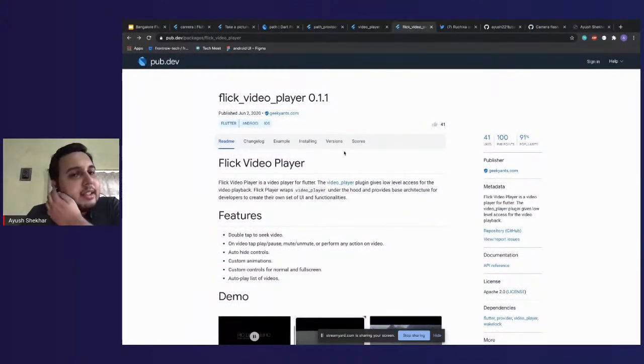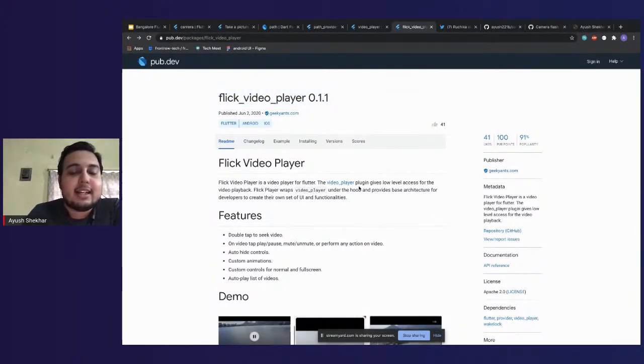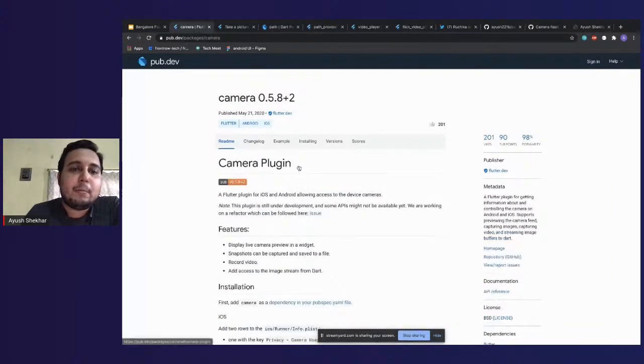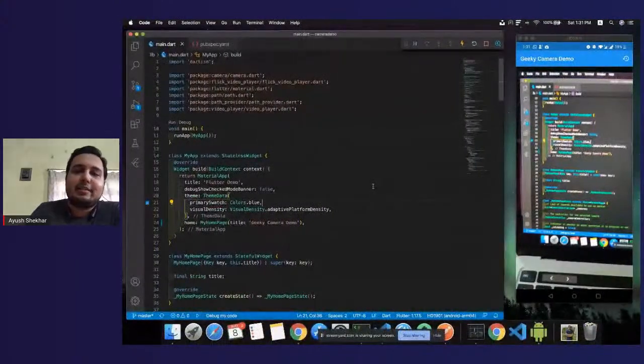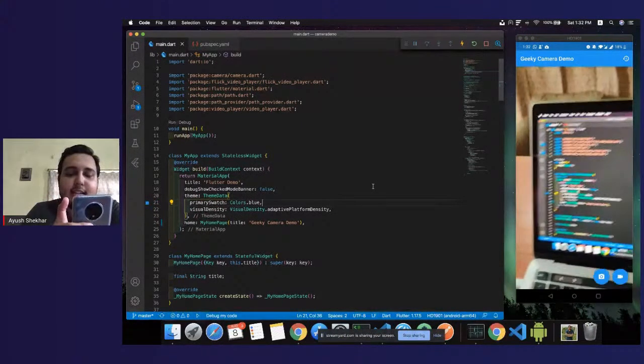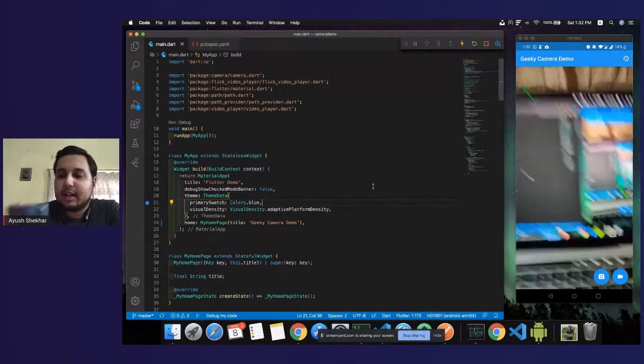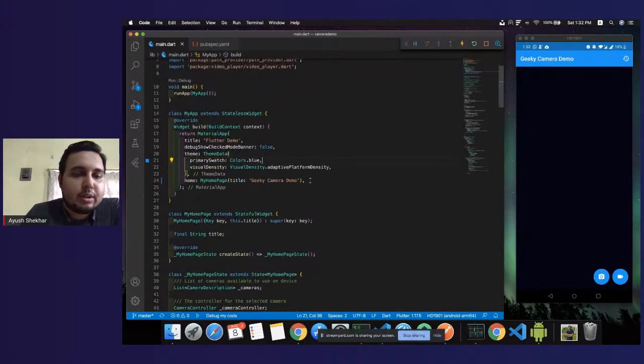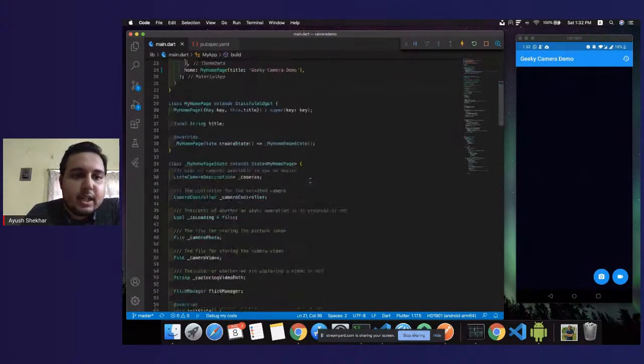So we'll be doing the video playback using this Flick Video Player plugin, and it is so simple to use. All of these are the different components that we'll be using today. Let's go ahead and dive into the code. So the first thing, let me reset this, and you can see that there is a live camera preview happening, right? The first thing that you have to do while you're using the camera plugin is that you have to